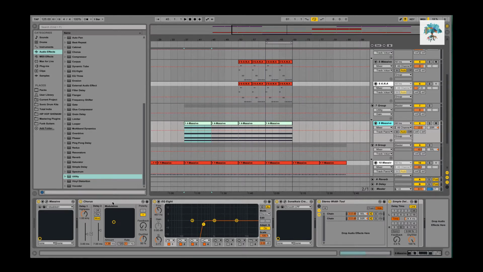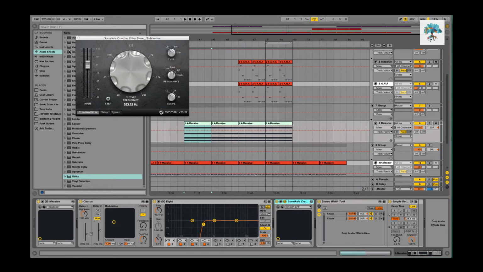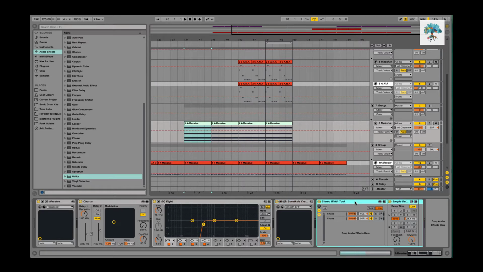I added some chorus after, did EQing. This is just a filter by SoundCloud, and then I put some stereo width on it, and I panned it a little bit to the right. But to get the sound, I wound up playing